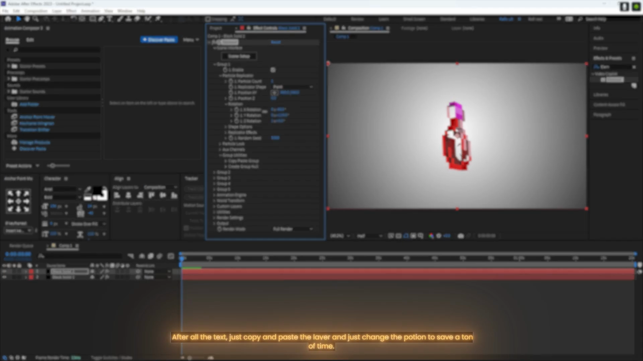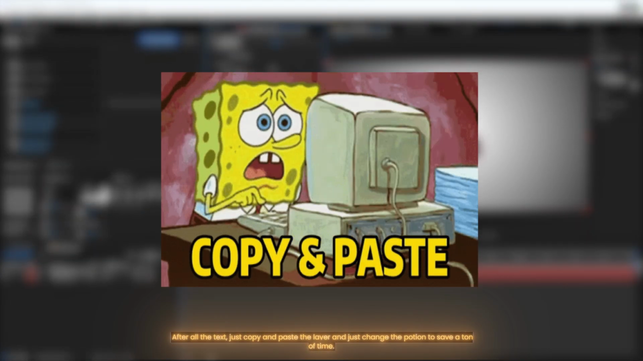Quick tip. After all the text, just copy and paste the layer and just change the potion to save a